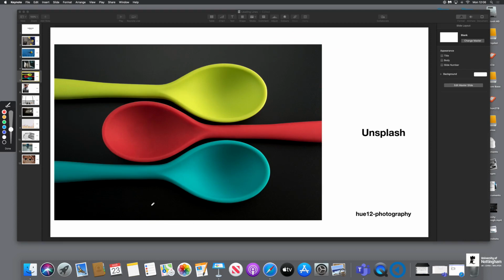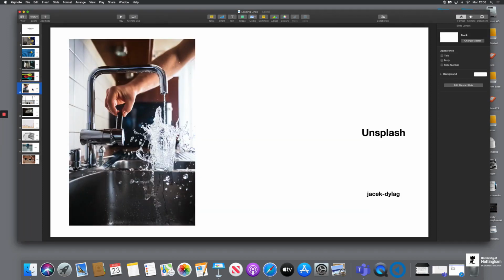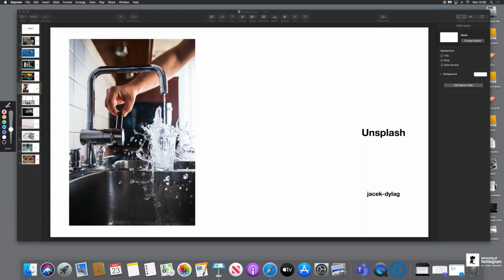So again, there's those little things that work well. If you can get these little things done well within your photography, it helps and it looks a lot better. So this one here, kitchen, can be done in your kitchen. Really simple